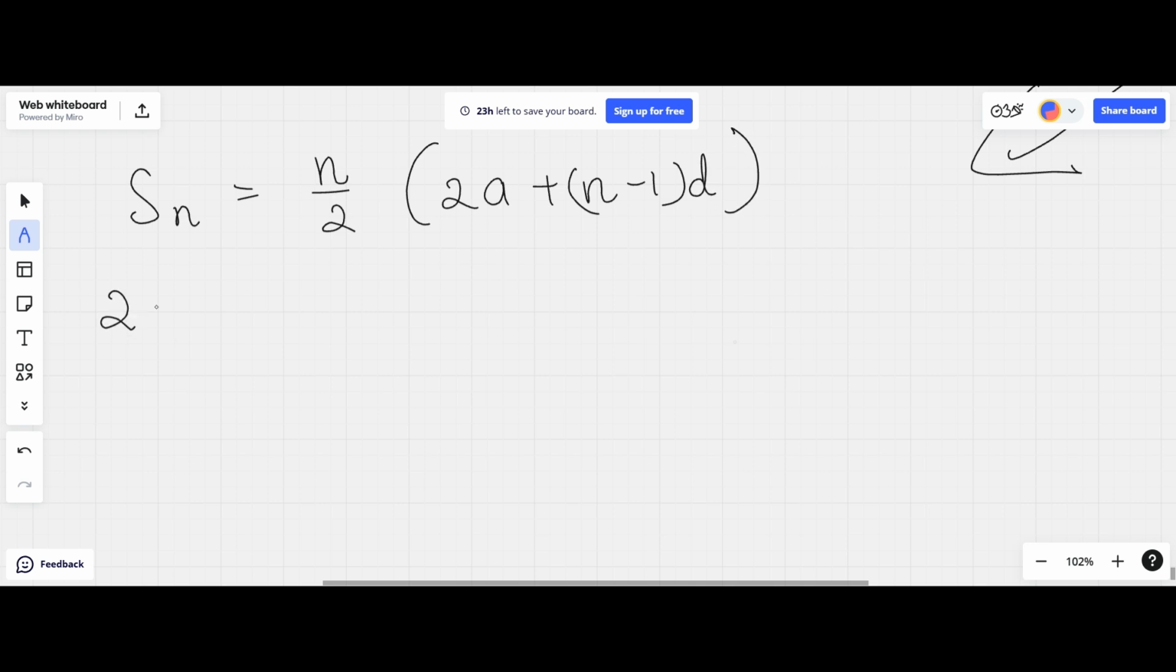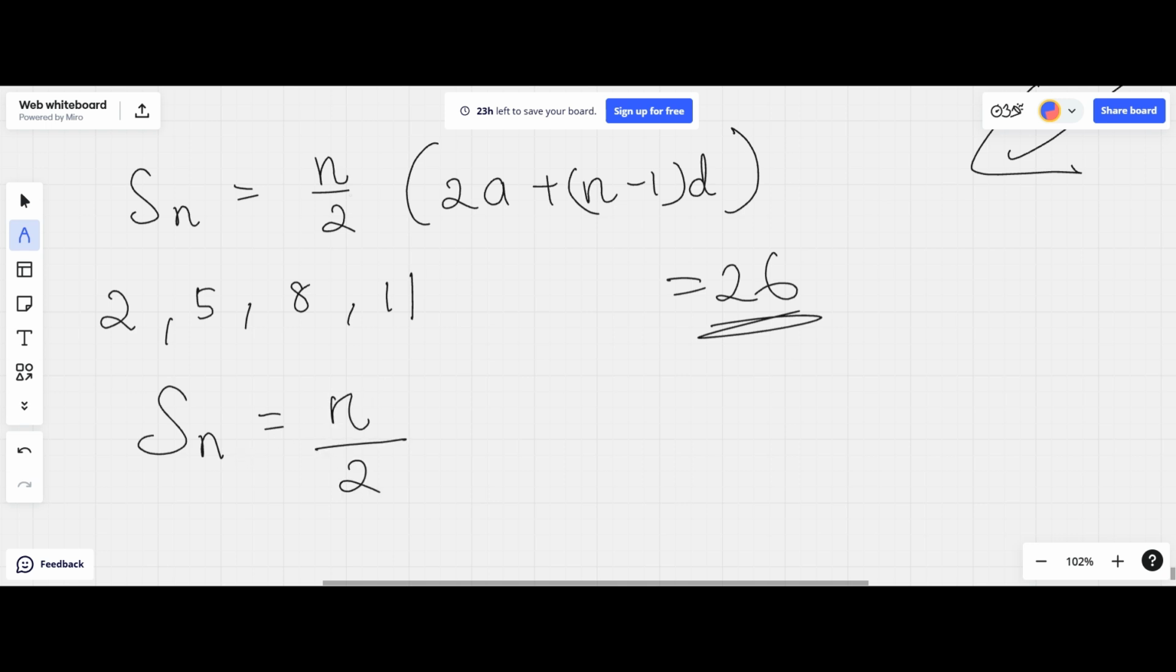So let's take a sequence 2, 5, 8, 11. How many terms are there? There are 4 terms. So you can use this formula and you can find the sum. Okay, there is another formula. Sorry for the delay. Sn is equal to n by 2 into a plus